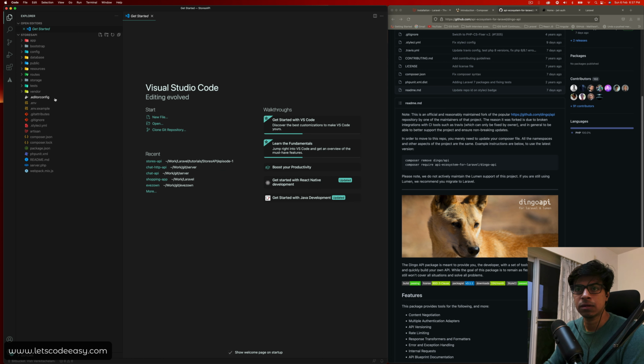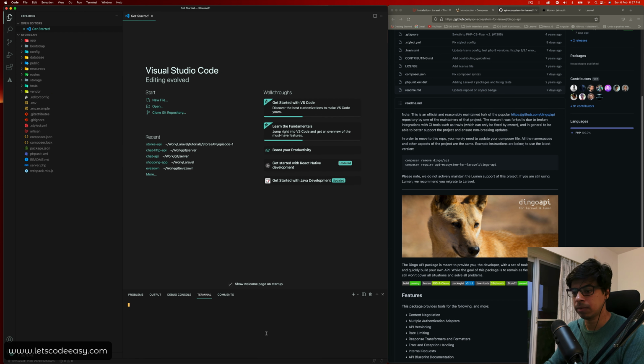I can go to the terminal. I can open a terminal, and maybe I can use Composer here to include the Dingo framework. So for including, I need to say require API ecosystem. I'm going to use the new fork which is available instead of the old one, Dingo, because I think they are discontinuing that, and new progress is going to happen here. So I'm going to use that for